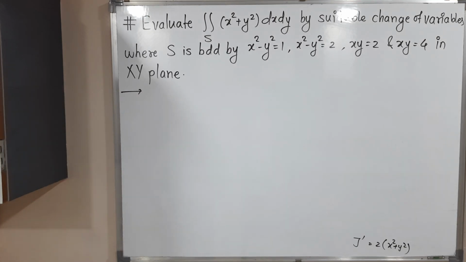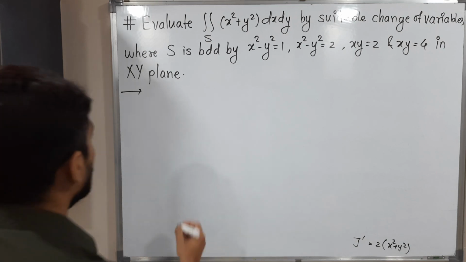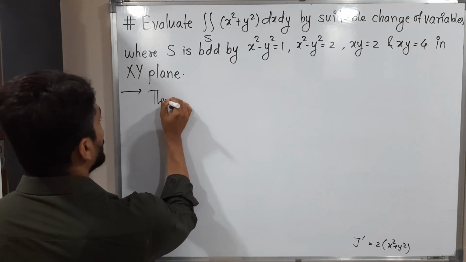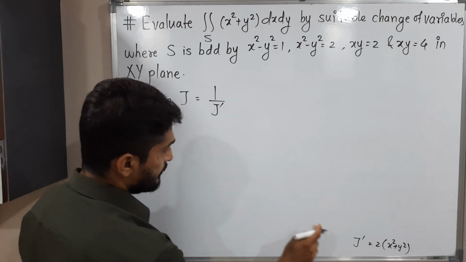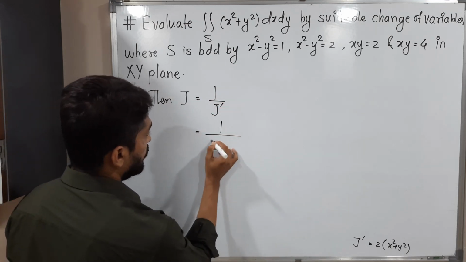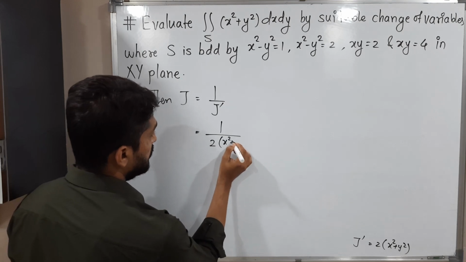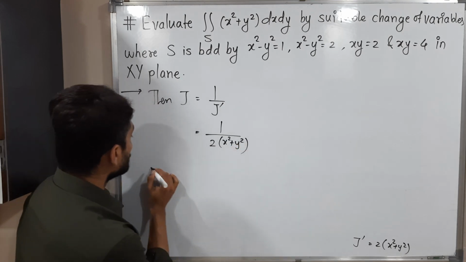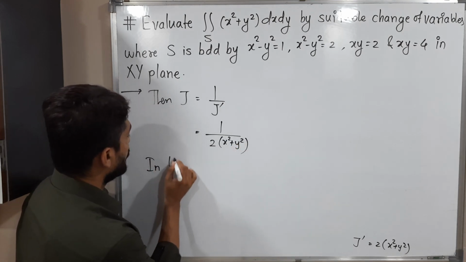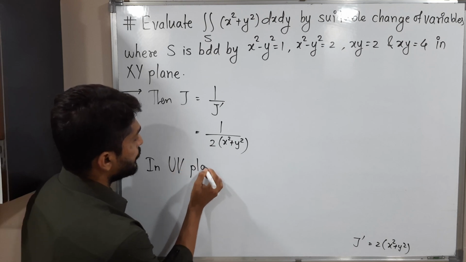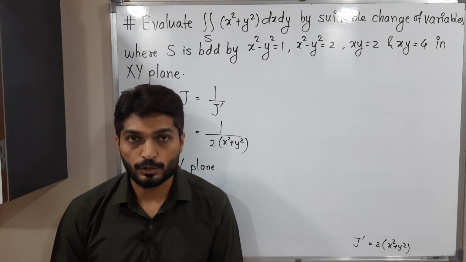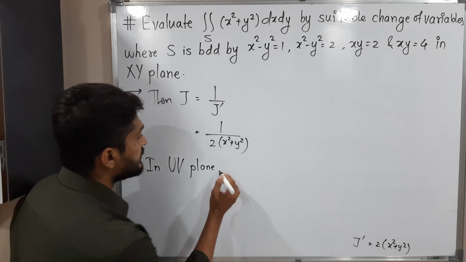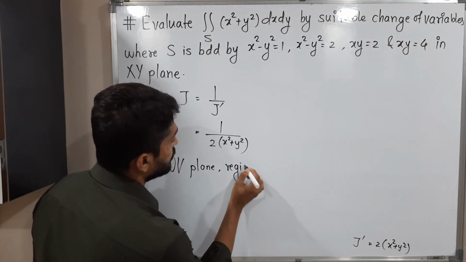So then our z, the Jacobian z, is the reciprocal of z dash. So it's the reciprocal, that means 1 upon 2 x square plus y square. So in the UV plane, okay, we are talking about the UV plane now, since we have to find the limits of integration. So in the UV plane, the region is bounded by,